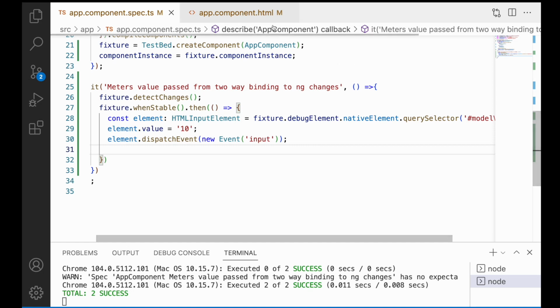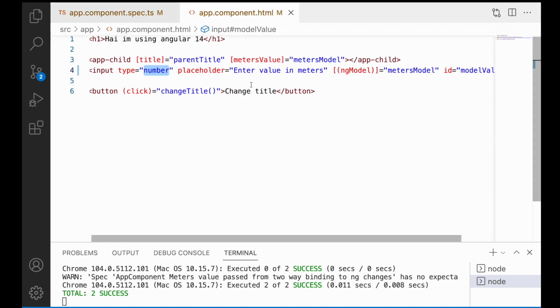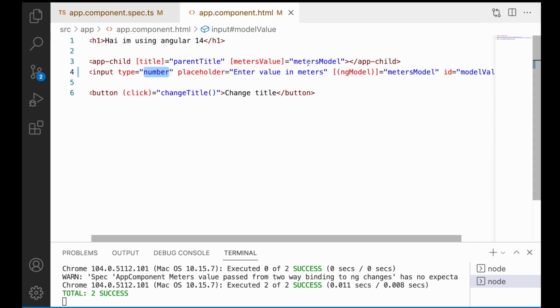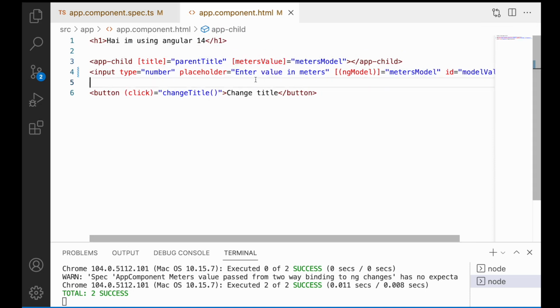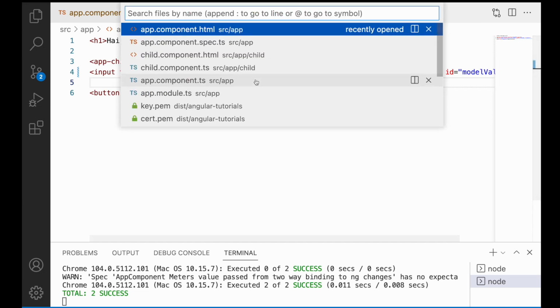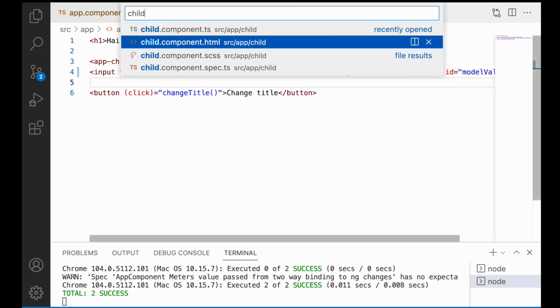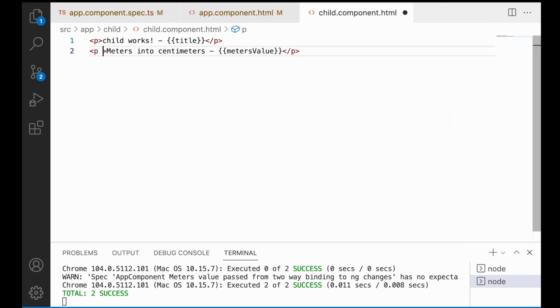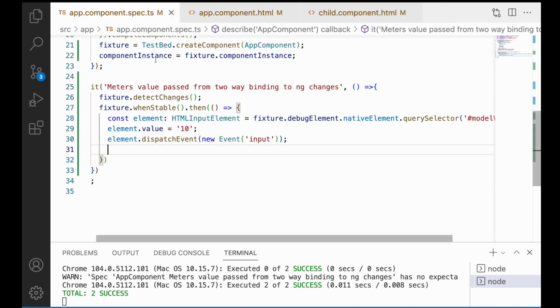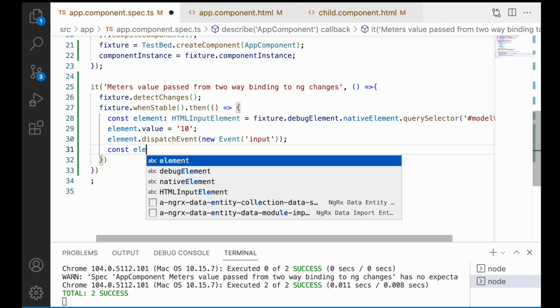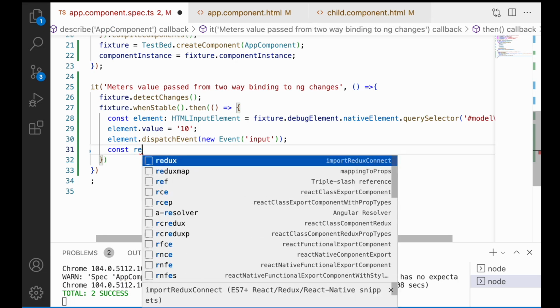Whenever there is an update to our input element, this should be passed to your meters value, and whenever it is passed to your meters value, it has to go to your child component.html, and it should have the value here. Let me give id is equal to result. Let me save this and copy this id, go to your spec file, get that id,